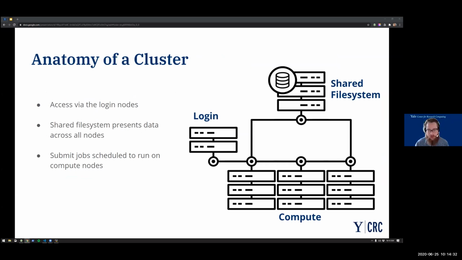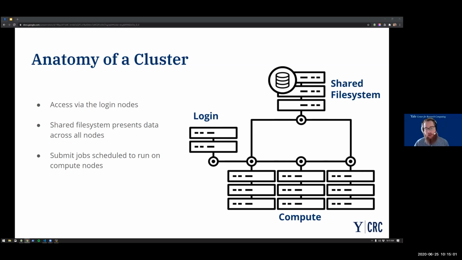But generally, they have what's called a shared file system. This is where data are stored. It's like an external hard drive for the entire compute cluster. It's often very fast, and the nice thing is that it provides you the same view of your files no matter where you are on the cluster, which simplifies a lot of things.